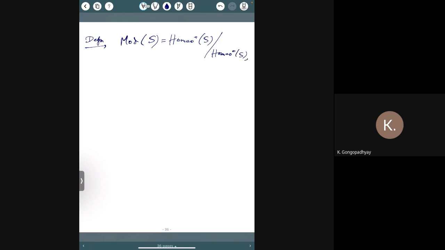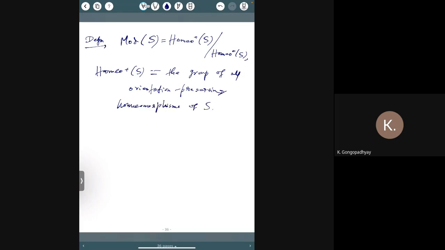So Homeo plus S is the group of all orientation preserving homeomorphisms of S, and Homeo not S is the connected component